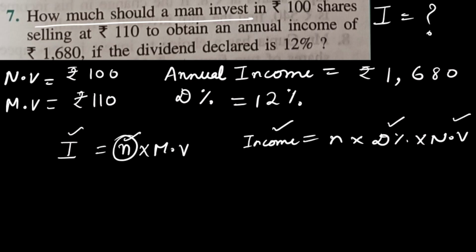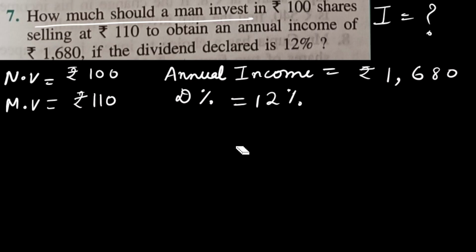Every time only three formulas are there which we are using in each and every question. So when you are writing the given things, immediately you can write the formulas also, so that you can visualize the things given to us, the things which are not given, and what we have to find. As per those requirements we can solve the question and use the formula. Here two things are missing in the first formula, so at the start we can't use it. Before that we have to find N. In the second formula, N is the only unknown thing. All other things are given to us. That means from this formula we can start our question and find the value of N. So let's start.